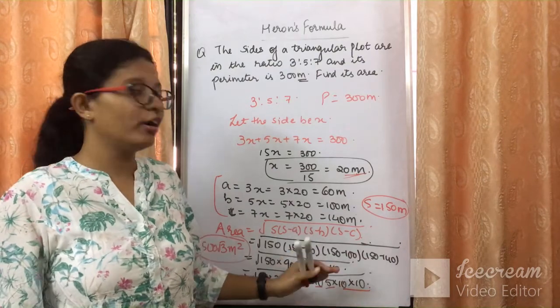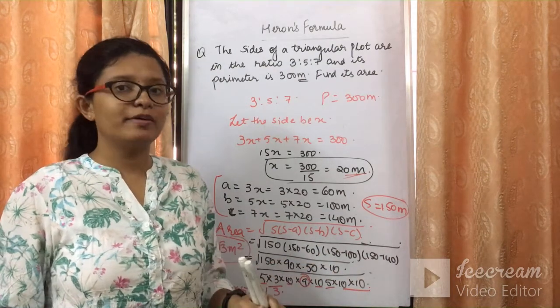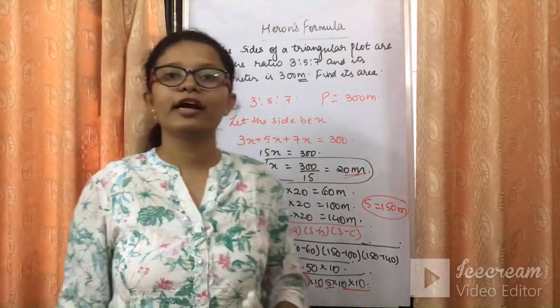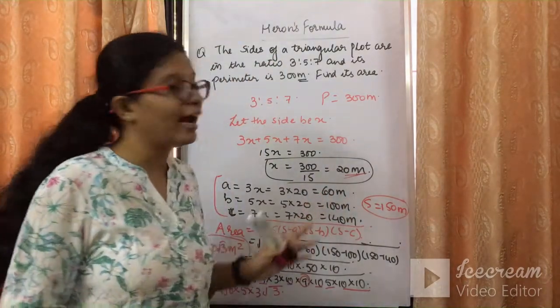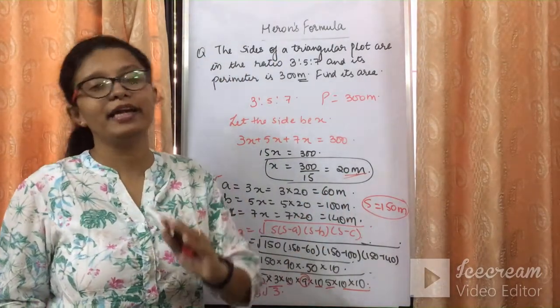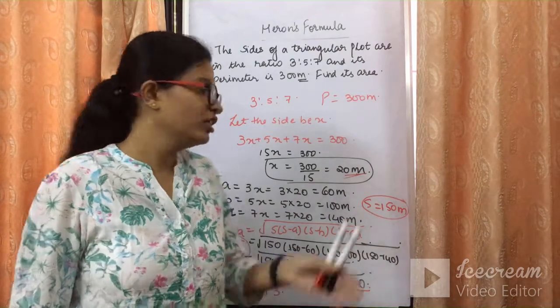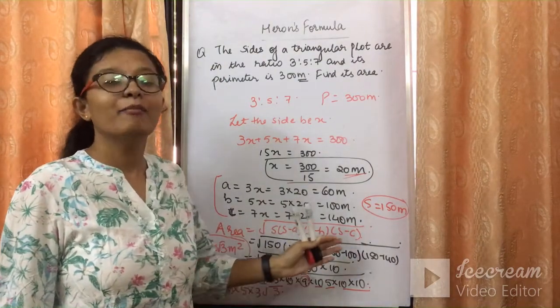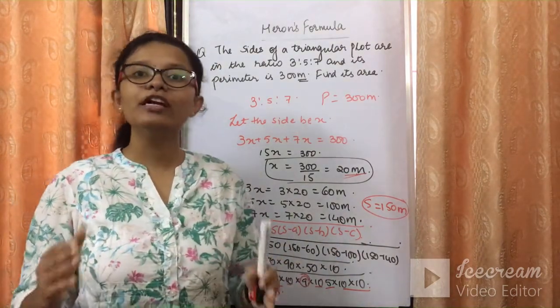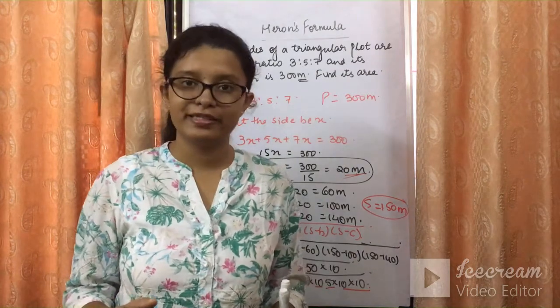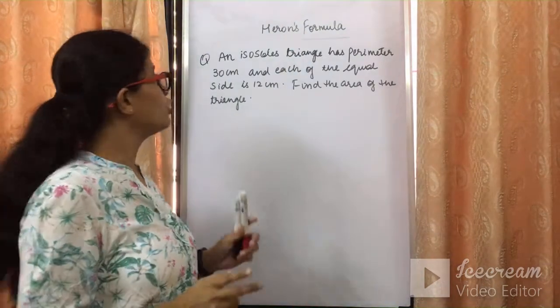I hope Heron's formula यूज करके समझ में आ गया होगा कि कितना इजी हो गया एरिया को निकालना. यही अगर हाफ बेस इनटू हाइट से निकालना होता तो पहले आपको हाइट के लिए मेहनत करनी पड़ती, जो कि Heron's ने बचा दी. So that is the wonderful formula which was given by the big scientist Heron. Let's have a look onto this question.